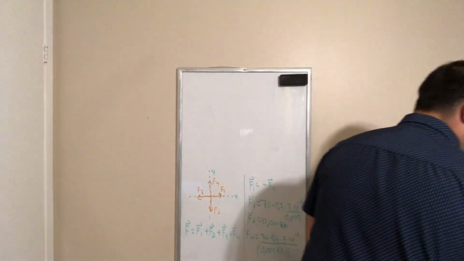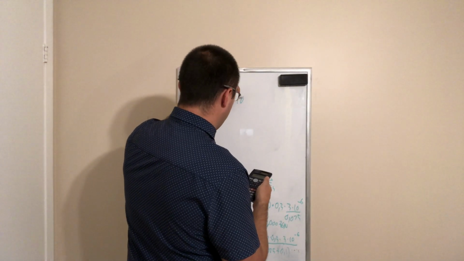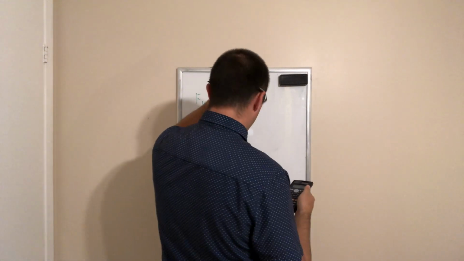All right, so I get F4 is equal to 1.54 multiplied by 10 to the minus 4,